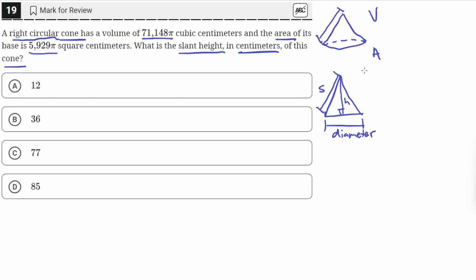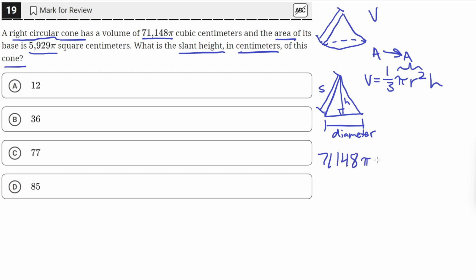So let's do that. We know the formula for the volume of a cone is 1/3 pi r squared h. Here, pi r squared is just the area of the circle on the bottom, and we multiply that by 1/3 the height to get the total volume of the cone. We're given the area of the bottom of the cone, and we're also given the volume. So we can just plug these in. So we'll have